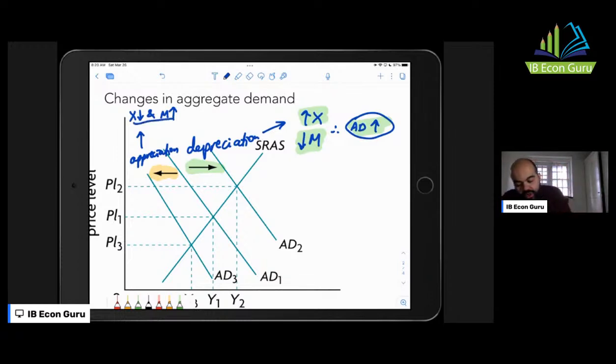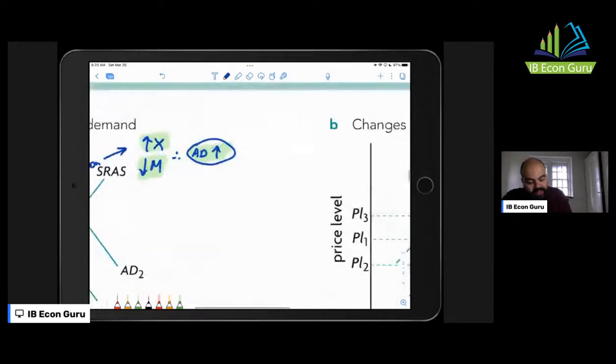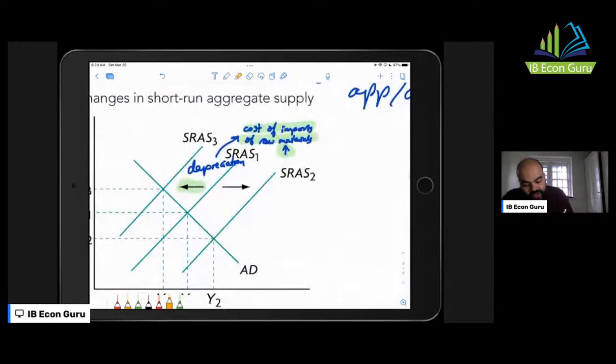So it can cause a decrease in aggregate demand and can cause an increase in short-run aggregate supply. Why? Because now the costs of imported raw materials